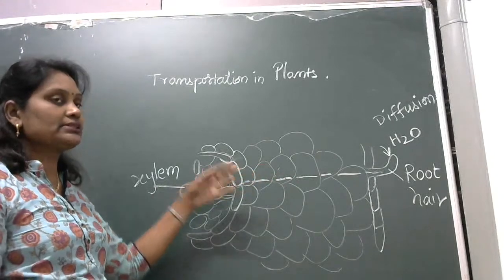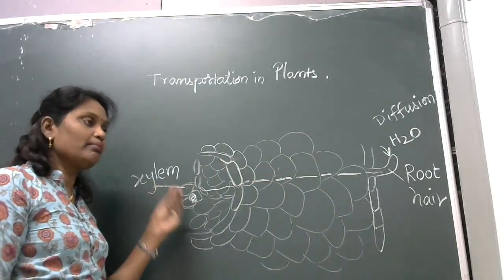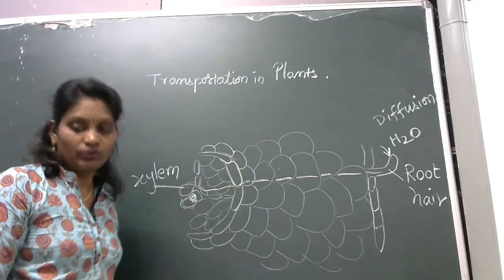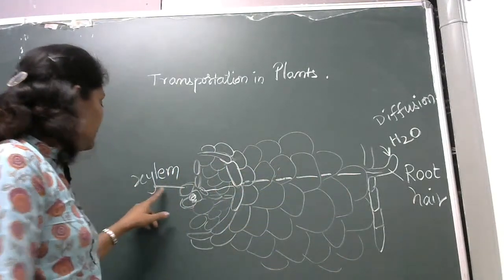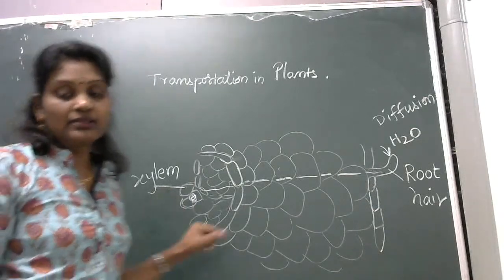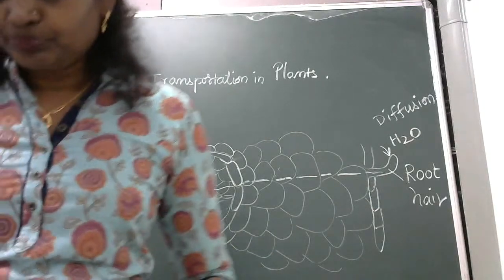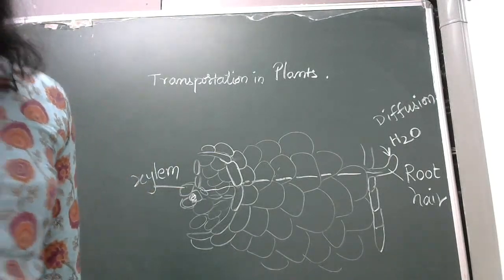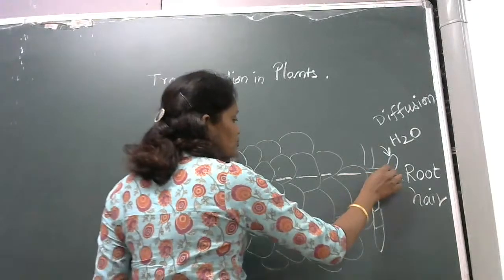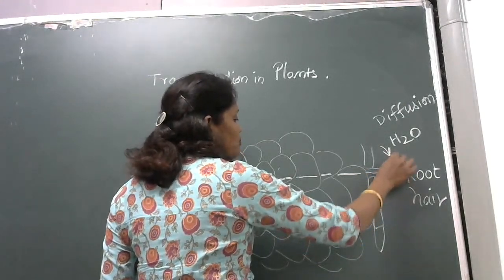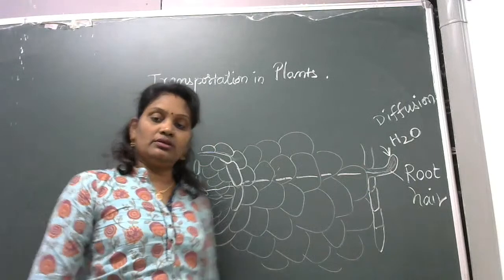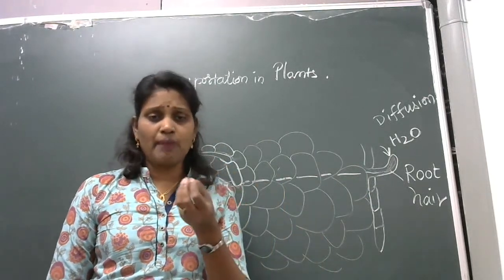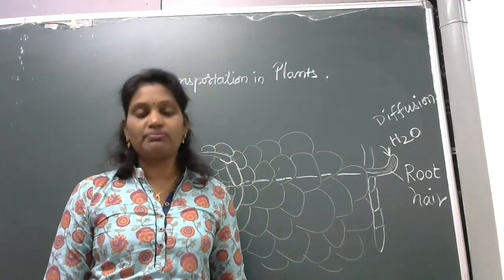The water molecules are getting absorbed one by one in a series, particularly till the xylem. So here, plants absorb water and minerals by the root. The roots have root hairs. These are the smallest part which helps in the absorption. Actually, I have told you before also that the smallest part mainly helps in the absorption.